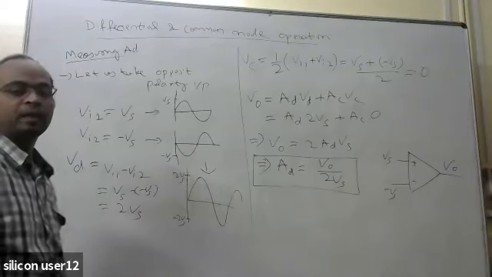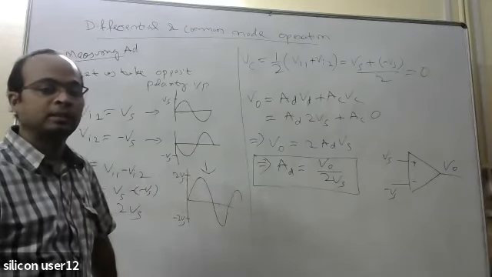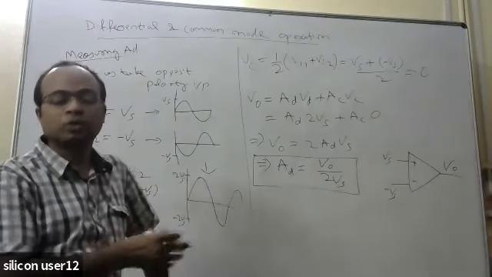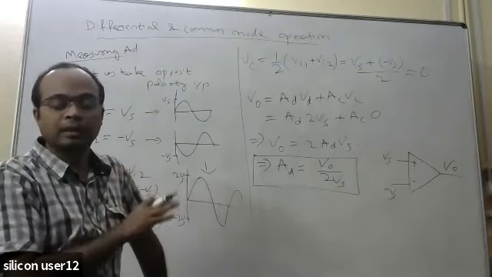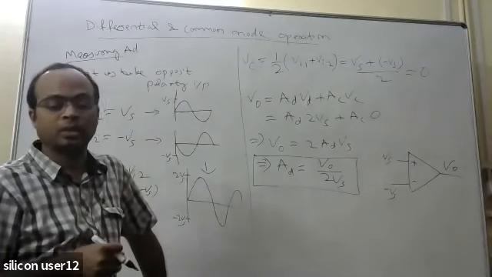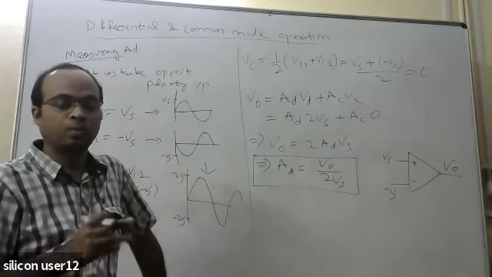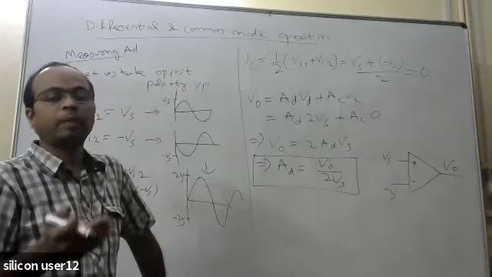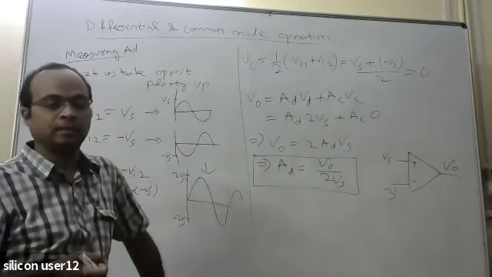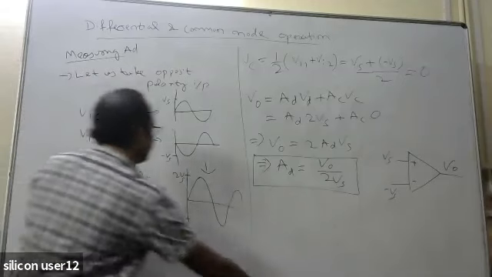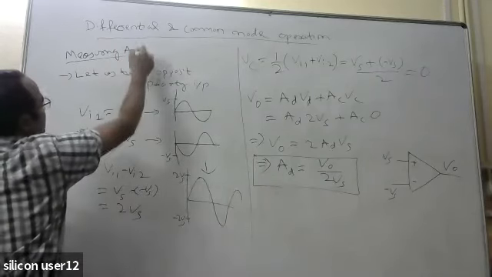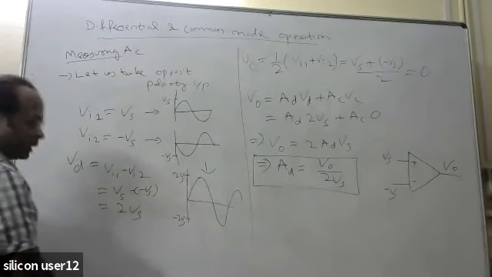Right. Similarly, if you want to calculate the AC, the common mode gain, then what can I do? I will apply a common mode signal. I will not give any differential component in the input, only a common mode component. Then I will measure how much my output is. Once I get those two parameters, V0 by the applied common component is equal to my AC. Measuring AC, or the common mode gain.